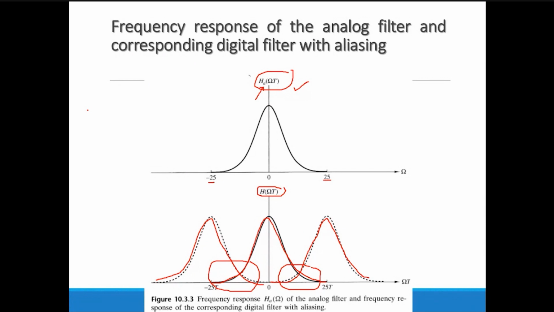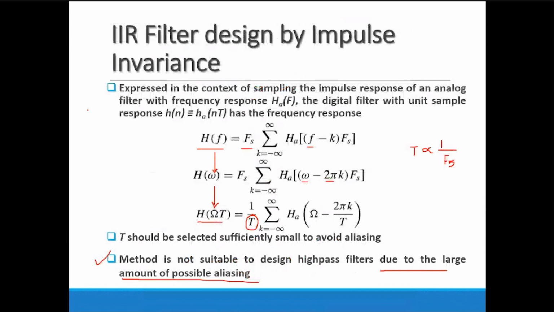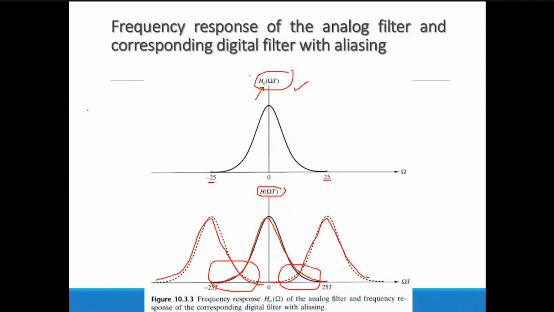You can use it, but one condition is mentioned over here that I already discussed. When you design a high pass filter, you are required to set your frequencies to the higher range of the band. In that case your sampling frequency will be higher also. When you apply the higher sampling frequency, the chances of overlapping will be higher. So that's why the limitation is we can't use this filter design for the high pass filter. We go for the next method, that is bilinear transformation, which will be useful for high pass filter design.